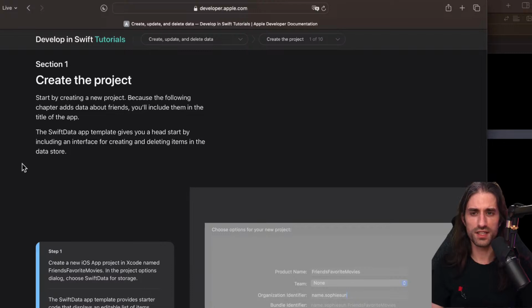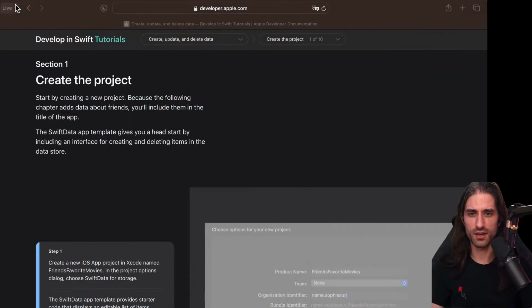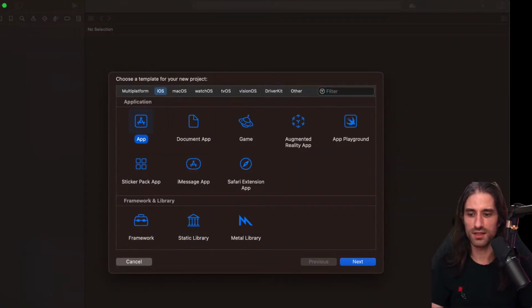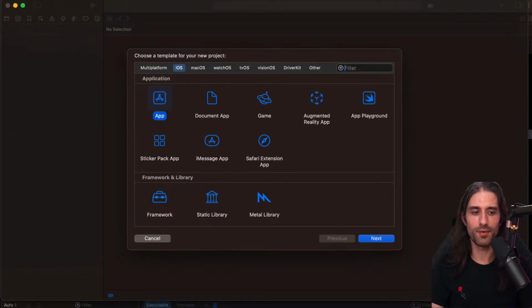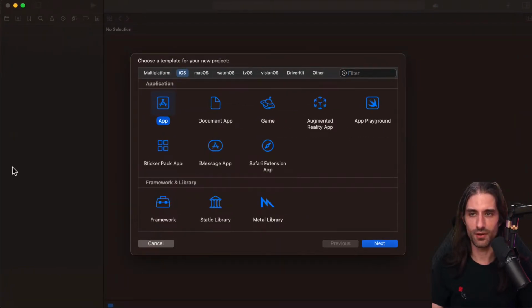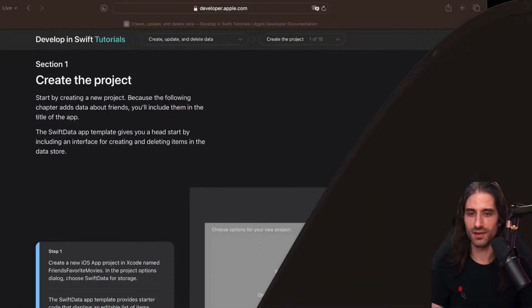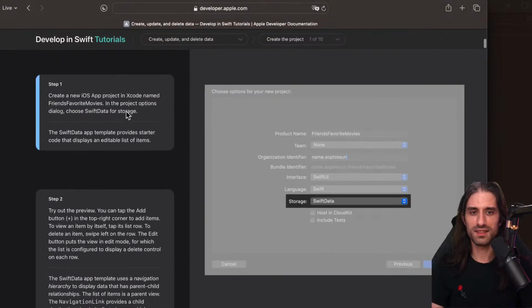So actually, we are creating a new project. Let's do that. I'm going to get rid of this window and create a new project. Actually, I'm going to keep the window because I need to size the new window appropriately, like that. All right. Now, okay, we only have the new project. Perfect. So this time it's going to be called Friends Favorite Movies.